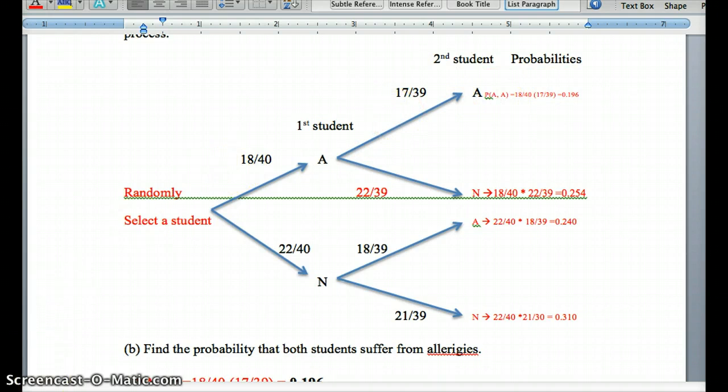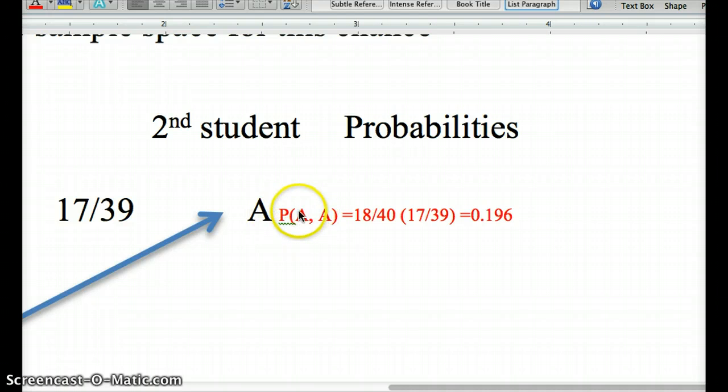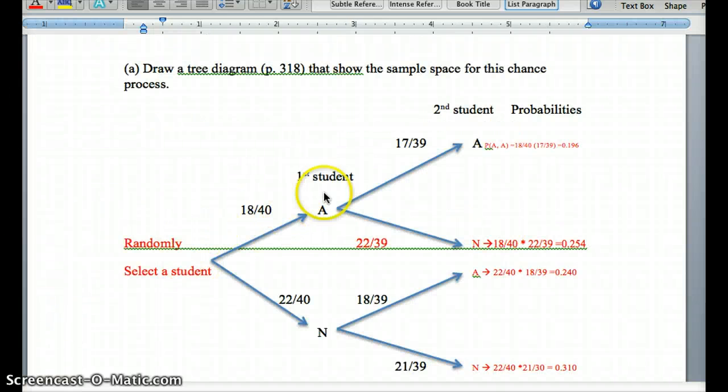Let's look at what that is. So the probability of a first student with allergies and a second is 18 over 40, the probability the first one gets picked, times 17 over 39, which equals 0.196. Let's look at our other possible outcomes. So we could pick a student with allergies and then the second student with no allergies. That'd be 18 over 40, just following the branch here, times 22 over 39, which equals 0.254, about a 25%